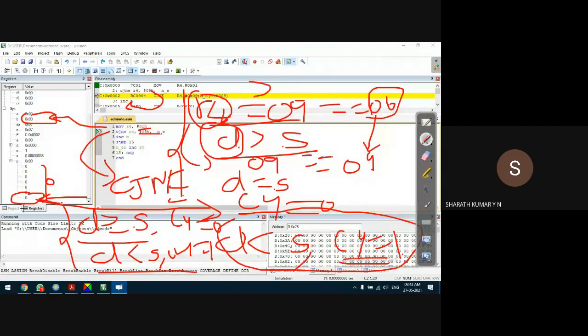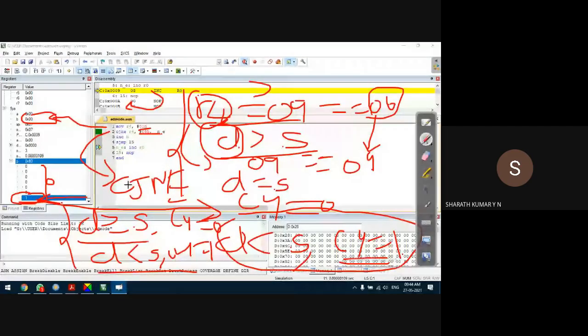When we check the carry bit, we understand whether the destination is greater than or equal to source, or it is less than source. When the CJNE instruction is executed, we observe that carry flag is set to 1 because destination is smaller than source, lesser than source in terms of magnitude. Okay, what to do with this?